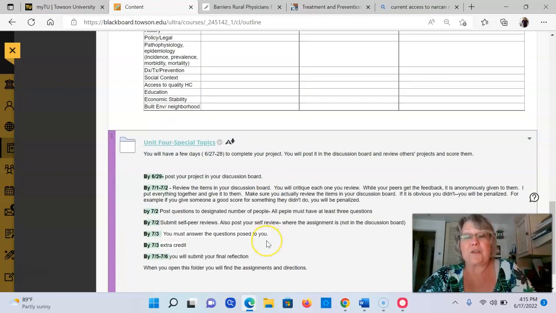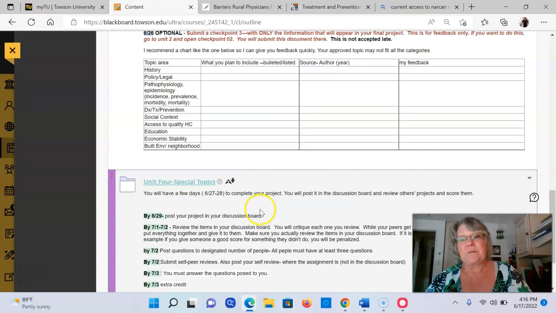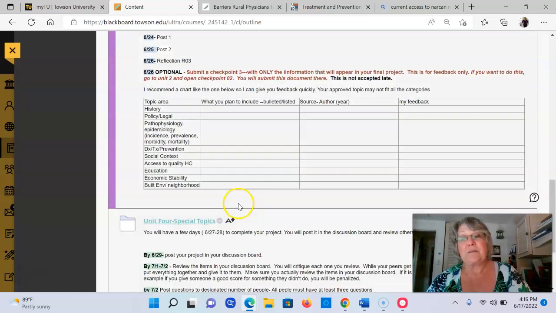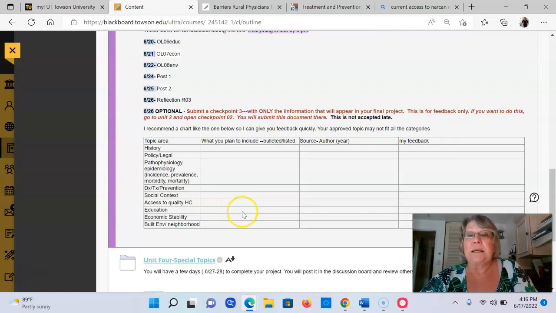And the rest of the semester, we spend looking at your peers' work and what they learned about their topics. And by doing that, you get to learn about everyone's topic in the class versus instead of just your own. We'll talk more about Unit 4 when we get there. Remember, there are several places where you can find the explanation of the final project and what you're doing.